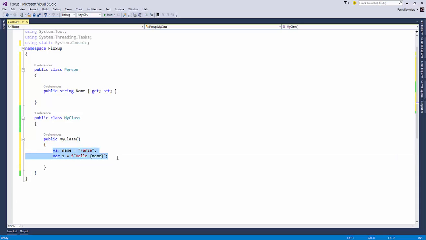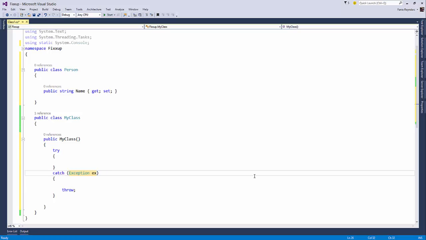Okay, so lastly, let's talk about exception filters. Something that VB and F# have is the exception filters. Now C# also has them as well. So now if we have a try catch block in the exception, where we have exception EX, we can actually check whether this exception is a certain condition. So we're using the when clause to check whether something in the exception, for instance the data or something, is a certain condition, and then only catch it on that condition.